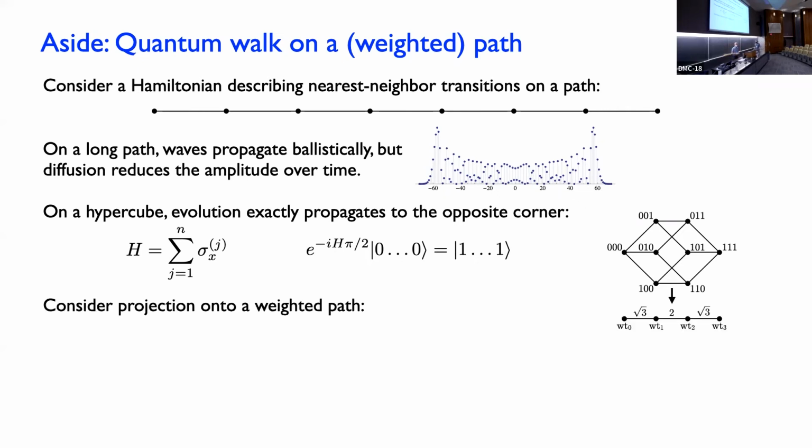Well, what we can do is think about projecting down to a weighted path, where we have a vertex for every state of a given Hamming weight in the hypercube. So that's what's drawn here for this three-dimensional cube. We have a vertex corresponding to the states of given Hamming weight 0, weight 1, weight 2, weight 3 in this example. And we're going to make a state that's the uniform superposition of all of the states of that Hamming weight